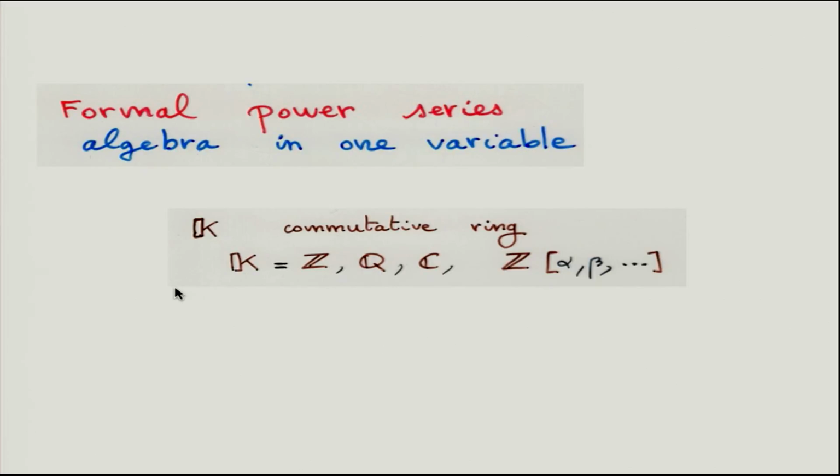Formal power series form an algebra. The coefficients can be like the Catalan numbers or Fibonacci numbers, which are integers, but usually they will be in a commutative ring, which can be integers, rationals, complex numbers, or even polynomials with integer coefficients in alpha, beta, gamma. I will have formal power series where there are some parameters alpha, beta, gamma, if I want to count something according to a certain size, like the Catalan numbers, but with some parameters. And then I will have some extra variables, which are again formal variables.